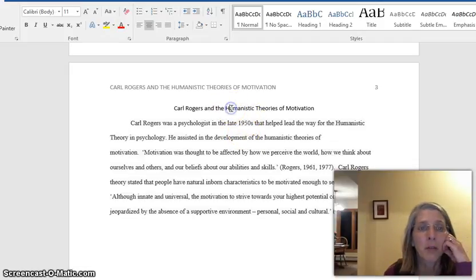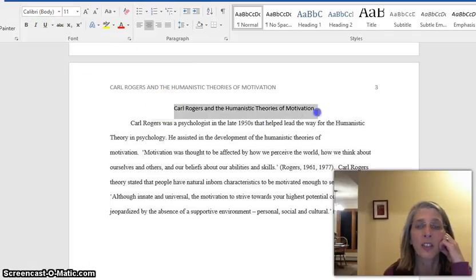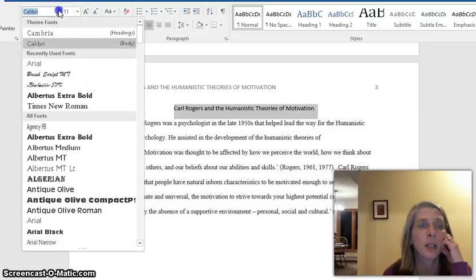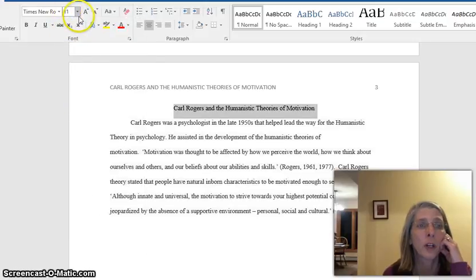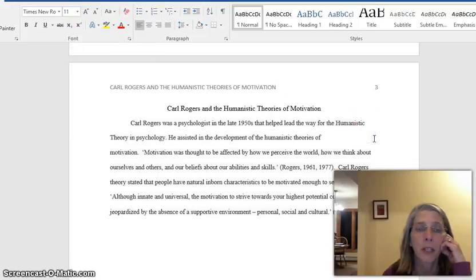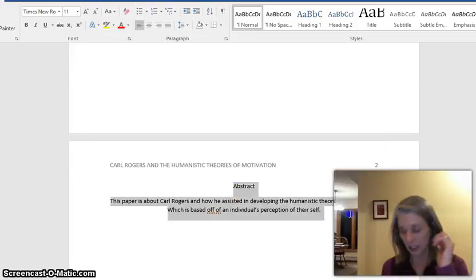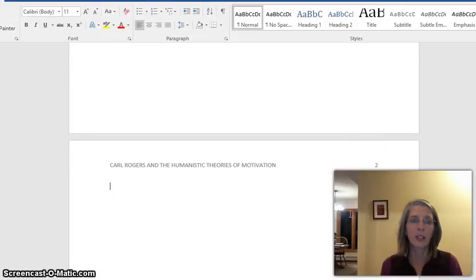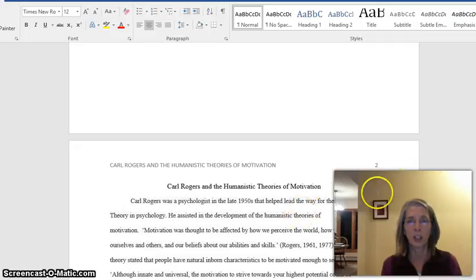double spaced. Now I'm taking a look here. Oh, look at this. They changed your font on you. So this needs to be Times New Roman. So I'm just going to change it here really quick. 12-point font for APA style. So let's just take it off here. I'm going to delete and bring up your content. Hopefully here it comes to page 2.